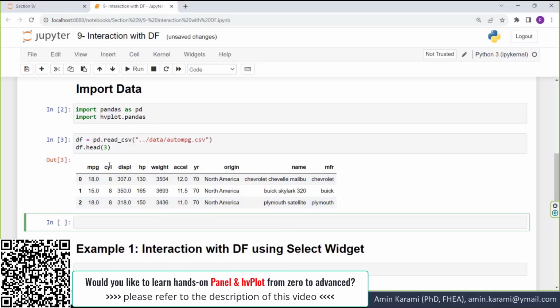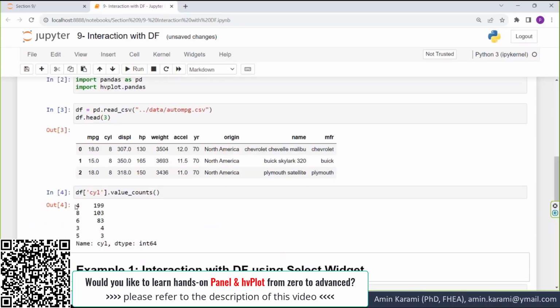For instance, I'm not sure how to take this column, cylinders. Maybe you can take it as a categorical column, or maybe you want to go ahead with it as a numerical column. How to check, how to make sure we select the right column as a categorical column? You would say df.cylinders.value_counts. It says there are 5 combinations: number 4, number 8, number 6, number 3, number 5. So 199 for number 4, 103 for number 8, and so on. So this is a very good